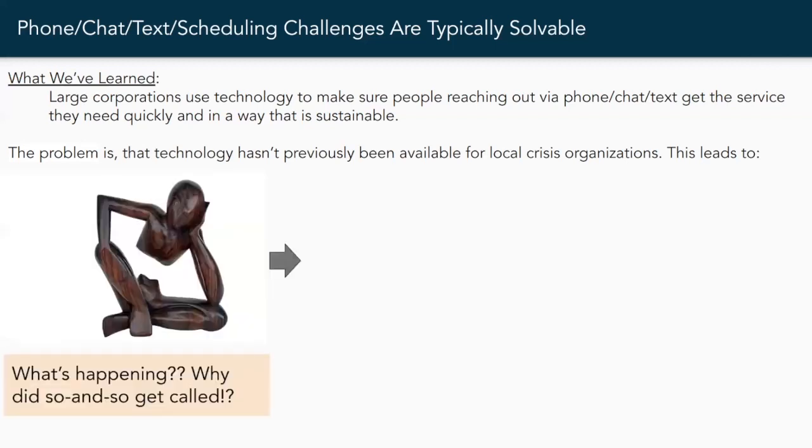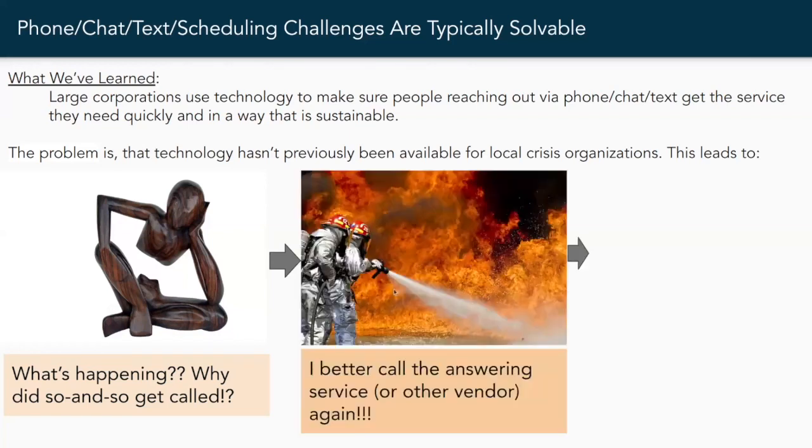So typically the way it manifests is with the crisis coordinator in some kind of problematic situation. They have to figure out why somebody who is not on the schedule is receiving hotline calls, or somebody just burned out and they have to completely rework the schedule for today. Something is going on and they have to get on top of it now. Typically that involves contacting their vendor. So that might be an answering service, it might be some other vendor, and engaging in this firefighting. Finally, the problem gets solved, but since it didn't get solved in a permanent way, the cycle repeats itself over and over and over again, which eventually leads to burnout.